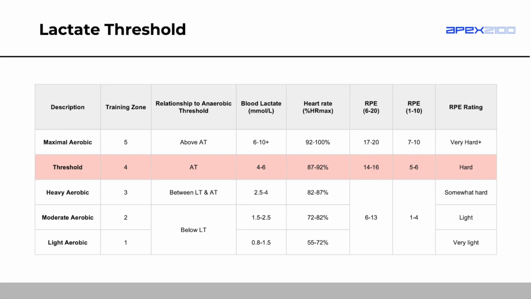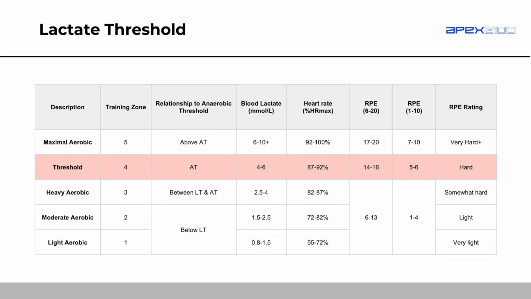And then we've got RPE values here. So this is rate of perceived exertion. There's two different types of RPEs you can take when you ask people on a scale how hard did that feel. You can show a scale that's 6 to 20, or you can show a scale that's 1 to 10. So if you show the 6 to 20 scale, it should be somewhere around 14 to 16. If you show the 1 to 10 scale, it should be somewhere between 5 to 6, and that should be hard. So it's hard to maintain the threshold, but we still don't have that accumulation of blood lactate that might